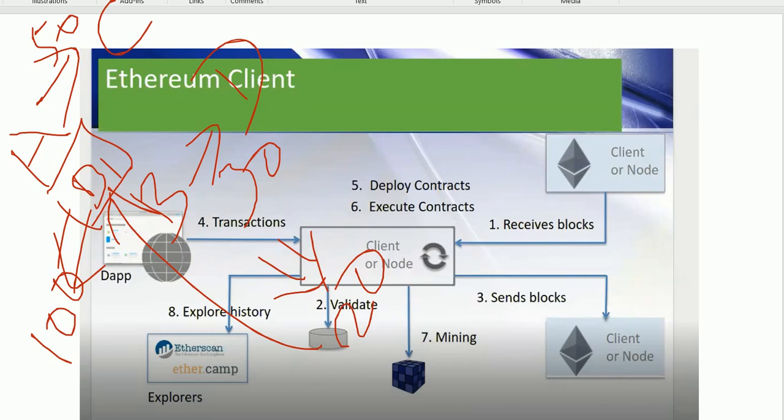But since both A and B are doing the transactions at the same time, suppose A is doing the $50 transaction, and consider my transaction is somehow not going through in the right way. Suppose it shows the balance as 70, because B has sent the $30 and it is showing the balance as 70. So this kind of